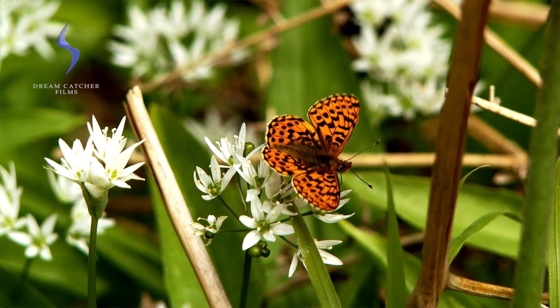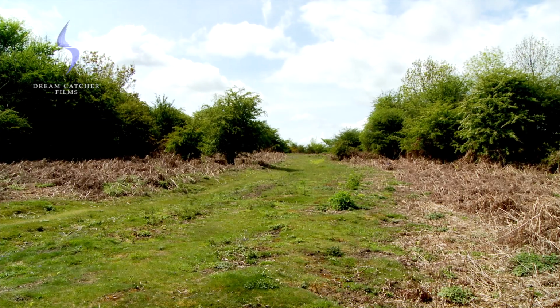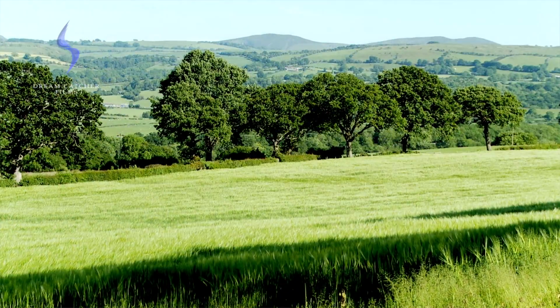Pearl-bordered Fritillary not only occurs on limestone sites in Wales, but on bracken-covered south-facing slopes that are usually commons where they haven't been improved by agriculture for sheep or cattle. The problem is that of the few sites in Wales where Pearl-bordered Fritillary occurs, like at Eyarth Rocks, any butterfly flying off to find more suitable habitat disappears into a green desert where it cannot find any violets to lay